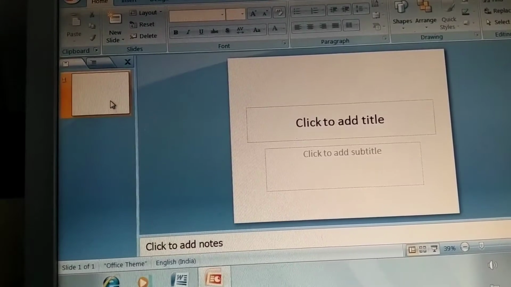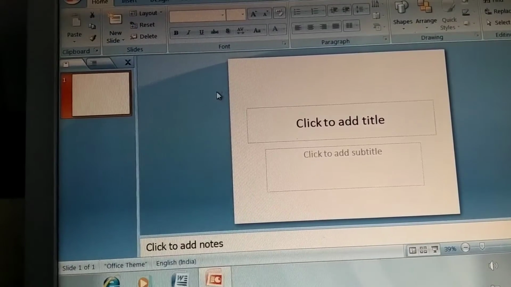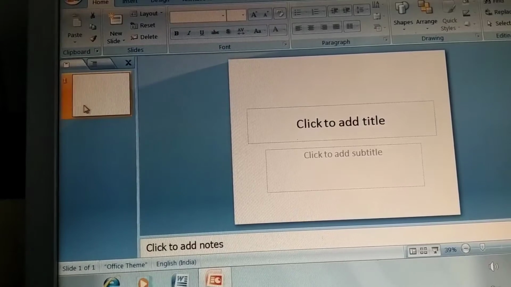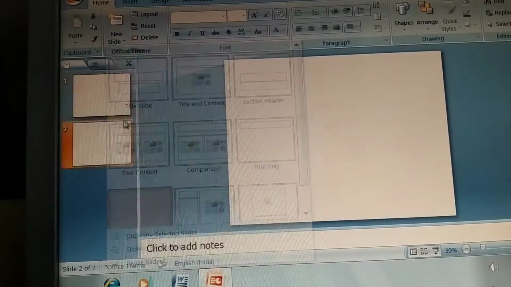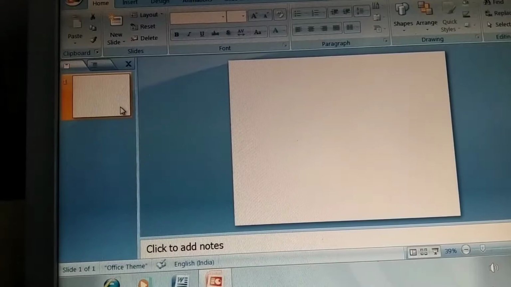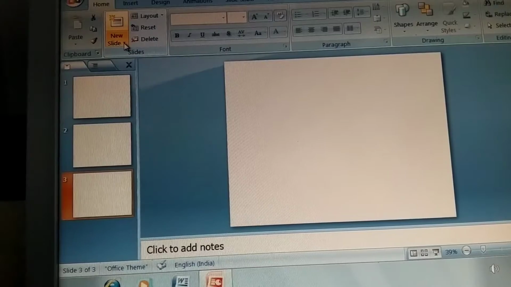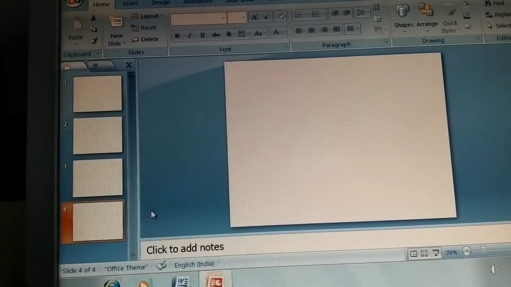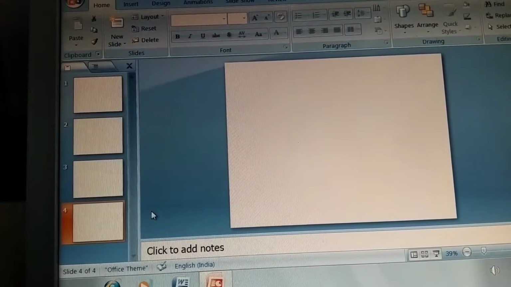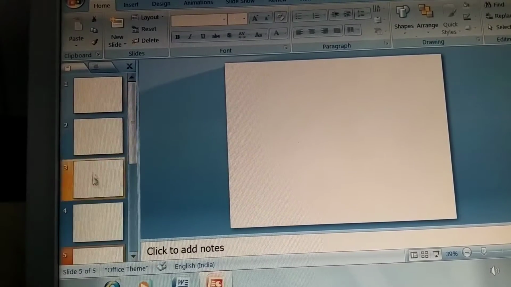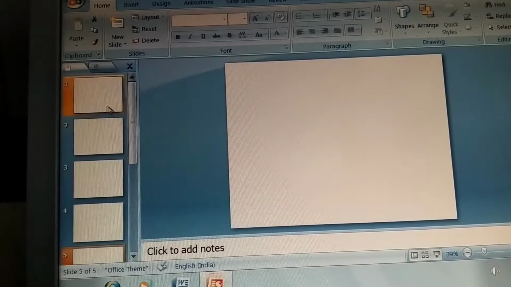So now we have to learn two methods. One animation type is slide animation and the second is object animation. First we will take slides. Five slides we will enter. Through the Enter button we can insert a slide, otherwise click New Slide and select which type of slide you want. This way you can insert. Now we have taken 5 slides, so one by one we will insert objects.